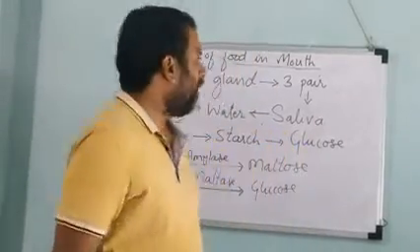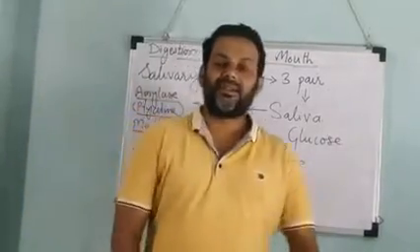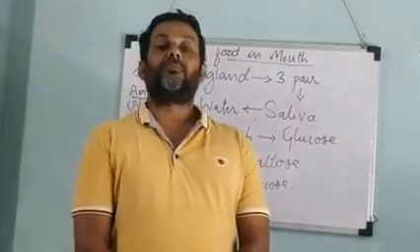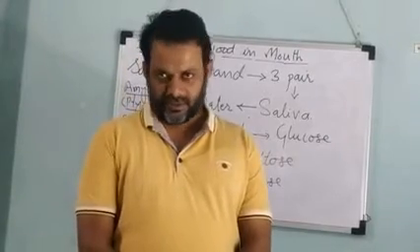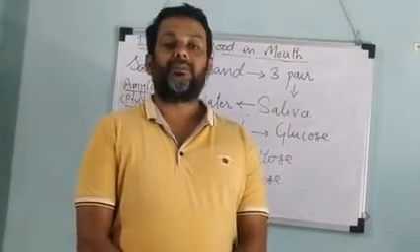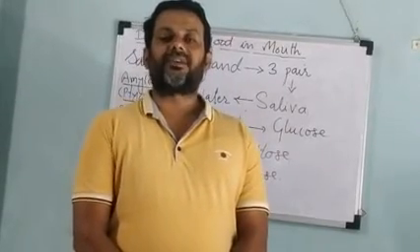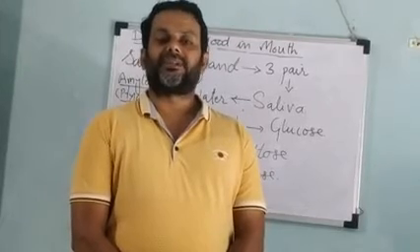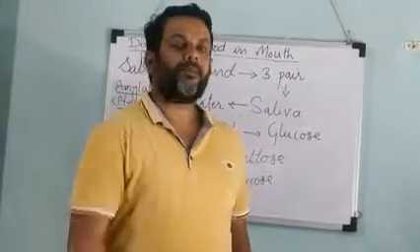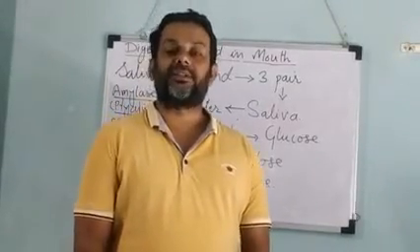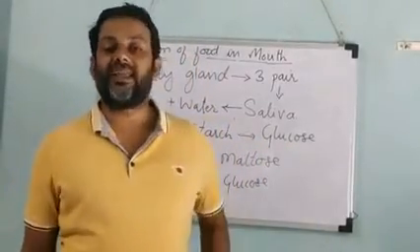Okay, now again in the mouth, saliva has a very important role to play. Saliva is a liquid which binds the food particles. It makes our mouth moist so that we can speak comfortably. Then it also helps in making the bolus slippery. Now bolus: when you chew the food for sufficient time, a paste will be formed which is ready to enter the pharynx. So that part of the food which is chewed by us is called the bolus. The saliva makes the bolus slippery so that it can pass through the esophagus very easily.